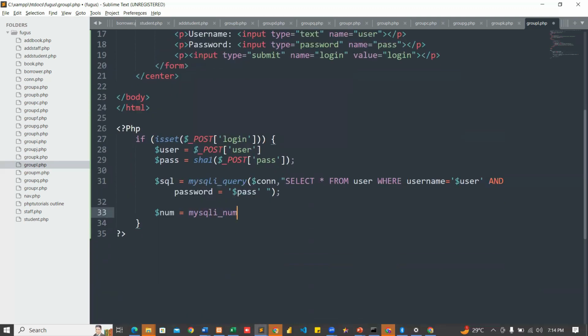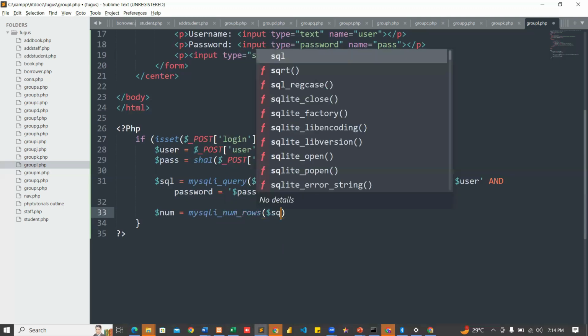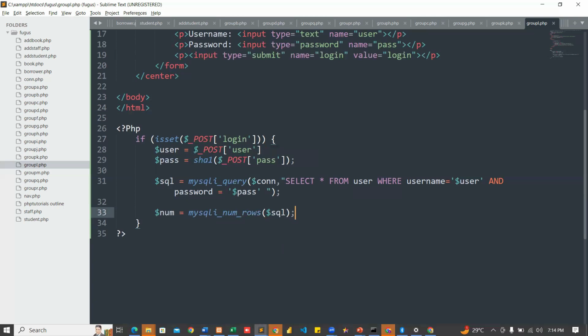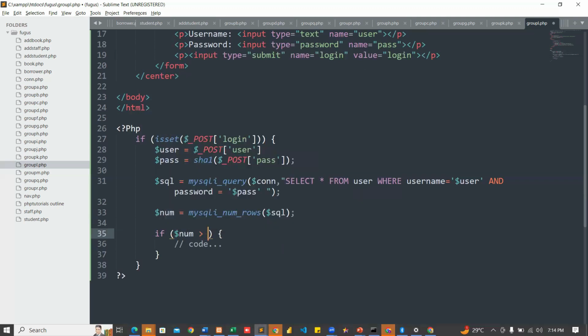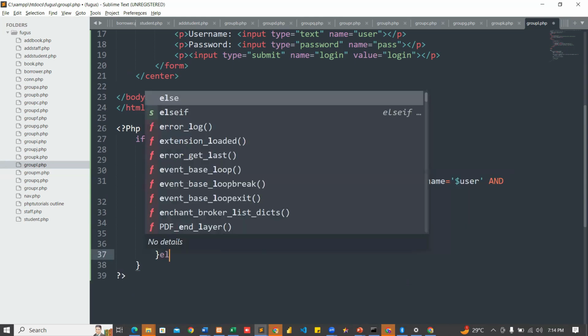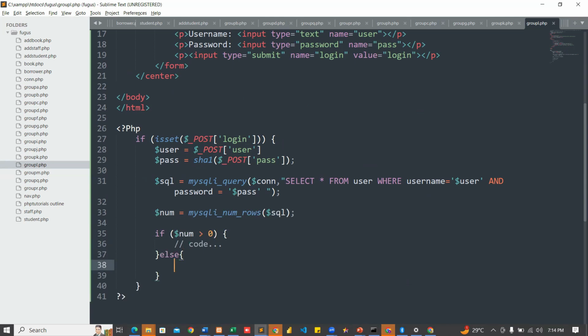sai in passing SQL, haka sai in ce if num is greater than 0 that means idan ka yi fetching record din kaga yes tabbas akwai record din shine is greater than 0 kenan akwai record din. In babu record din dama kawai it will be 0. So idan akwai record din, sai bari mu fara da idan babu record din, idan is not greater than 0, that is if it is 0 sai mu ce